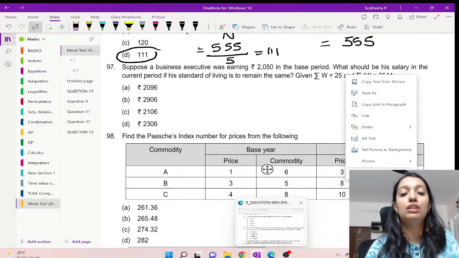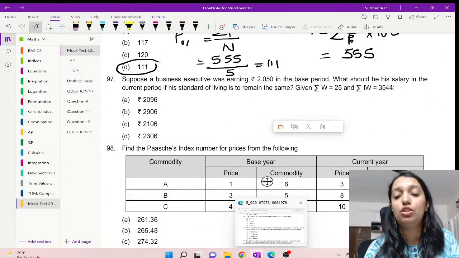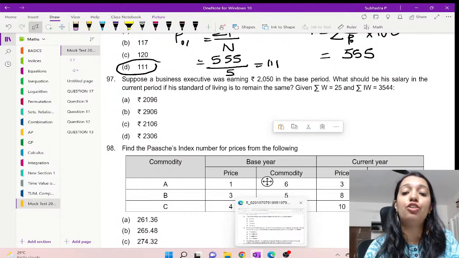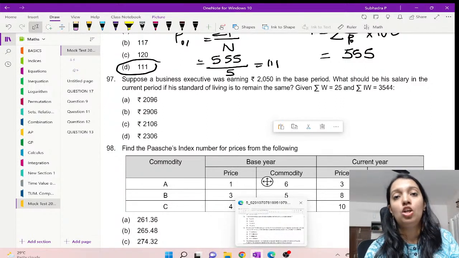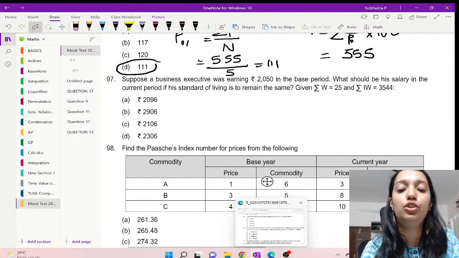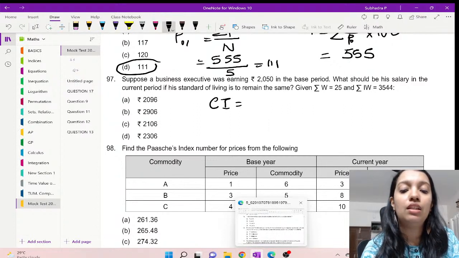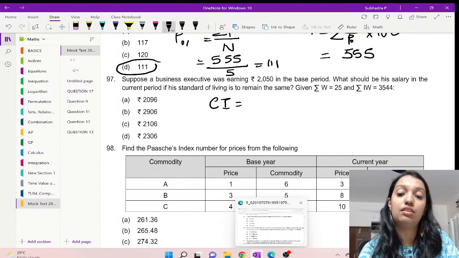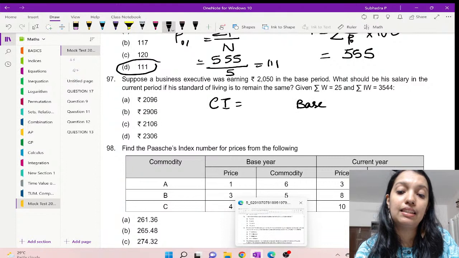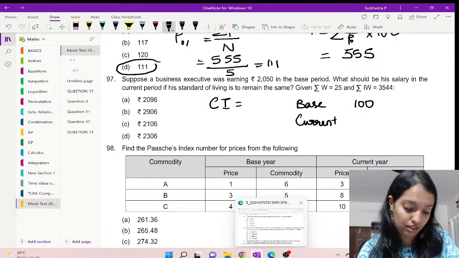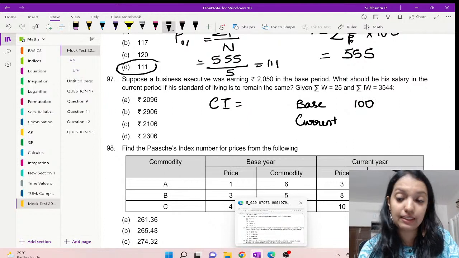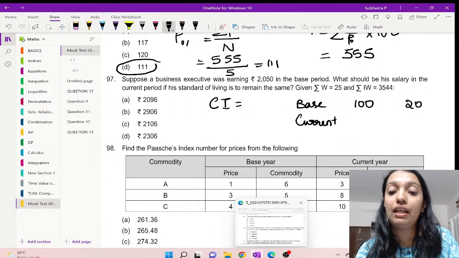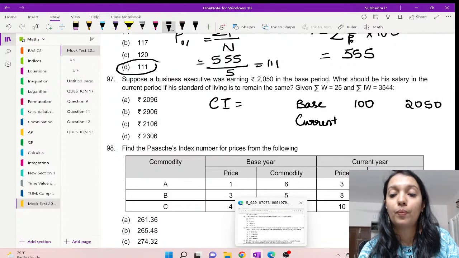Next, suppose a business executive was earning 2050 in the base year. What will be his salary in the current year if the standard of living is to remain same? So we are speaking about consumer index. And how do you calculate consumer index? Two things: base and current year. Base year is 100. Base year earning is 2050. And